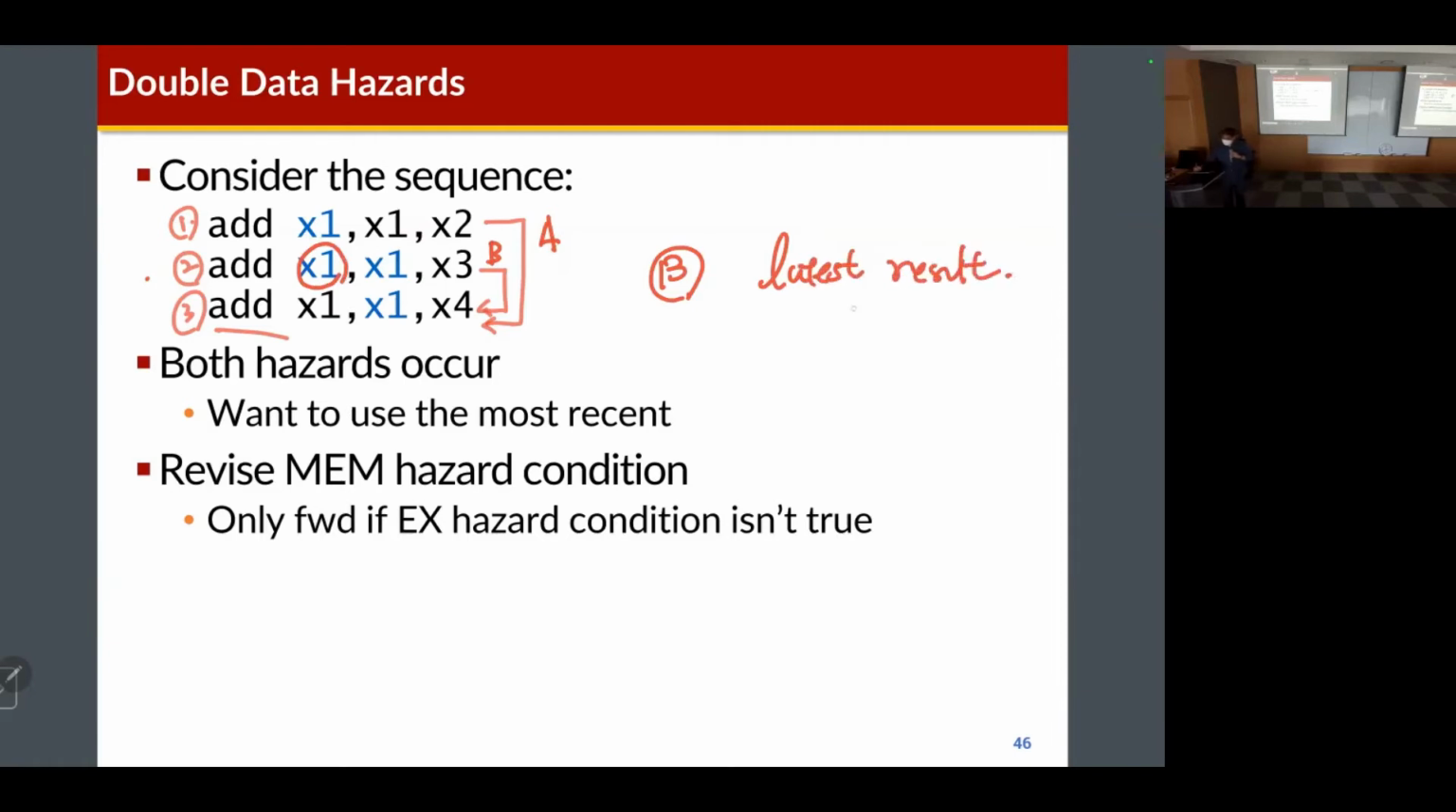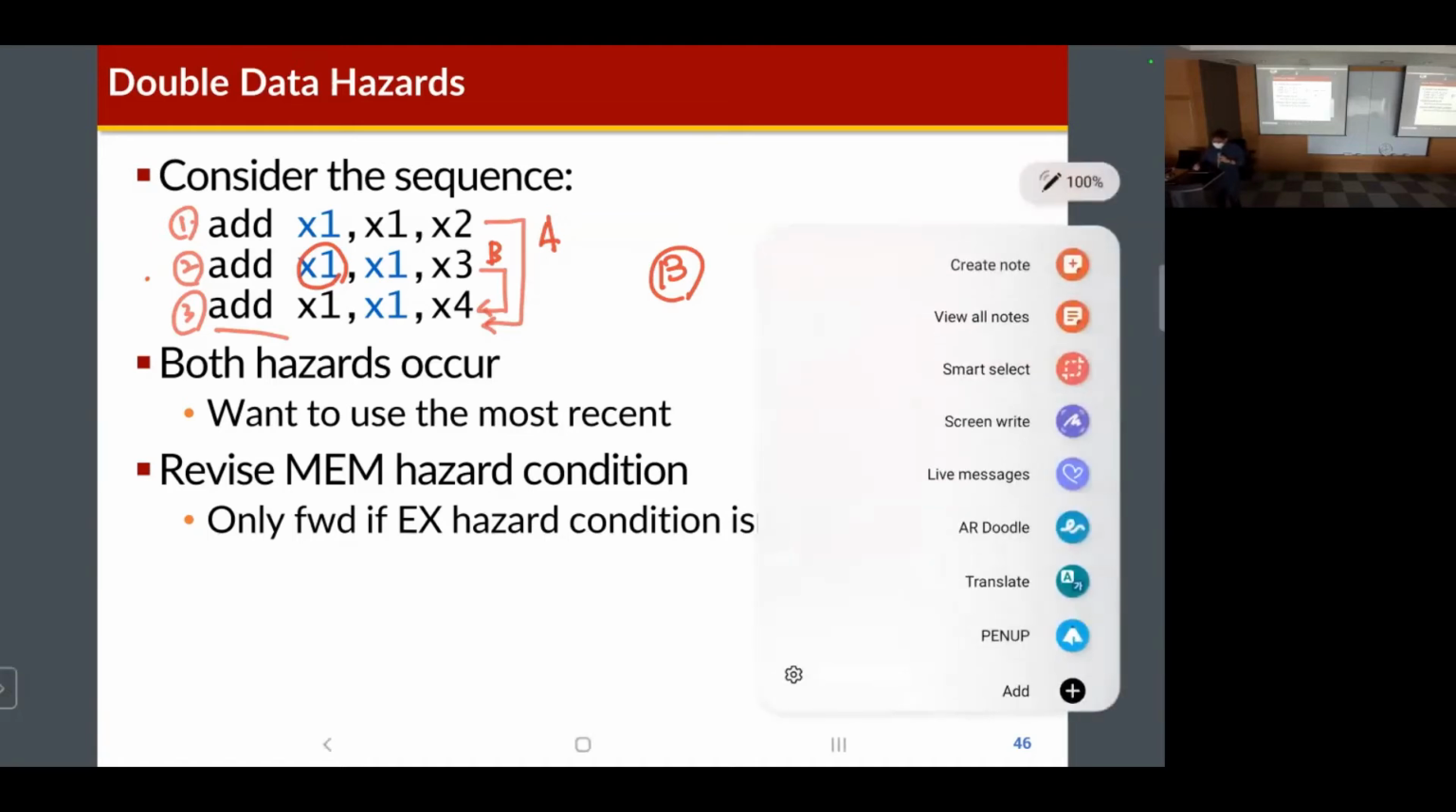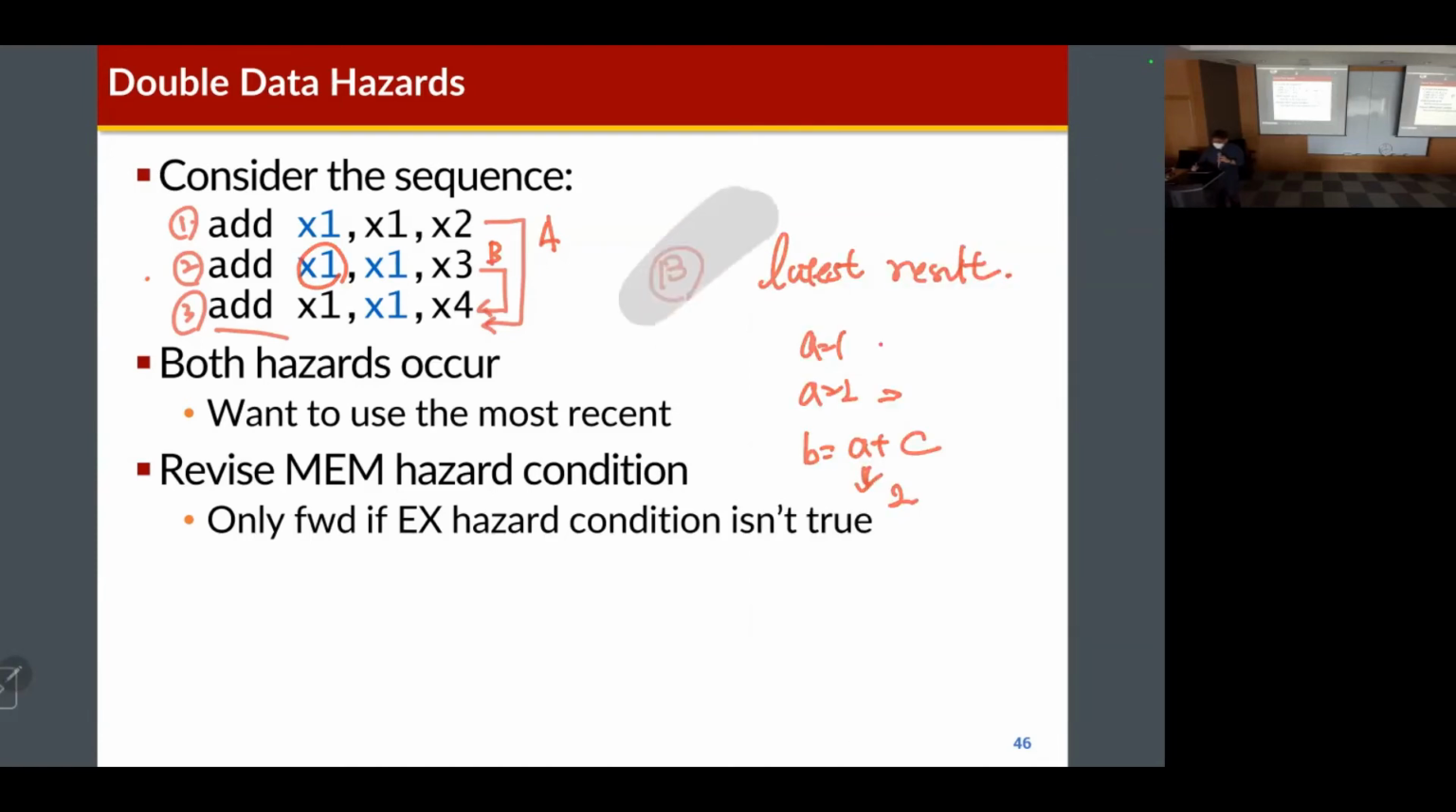What do you mean? It's like this: A equals 1, A equals 2, B equals B plus C. So in this case, if we write the code like this, then this A is 2, right? Because this is the latest value. It's the same as this example. So which means that